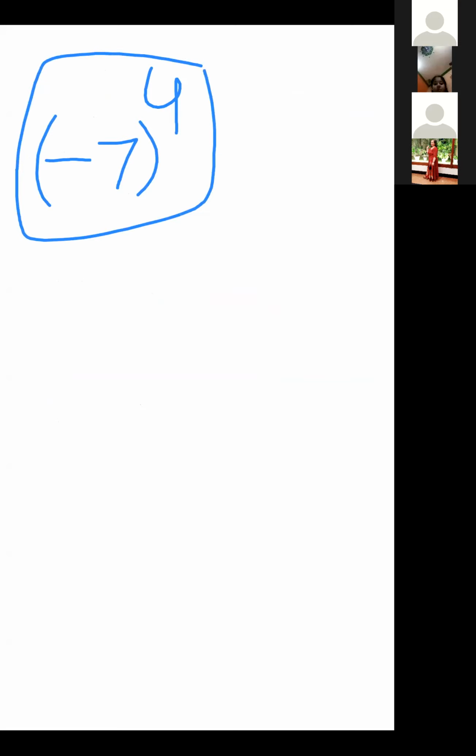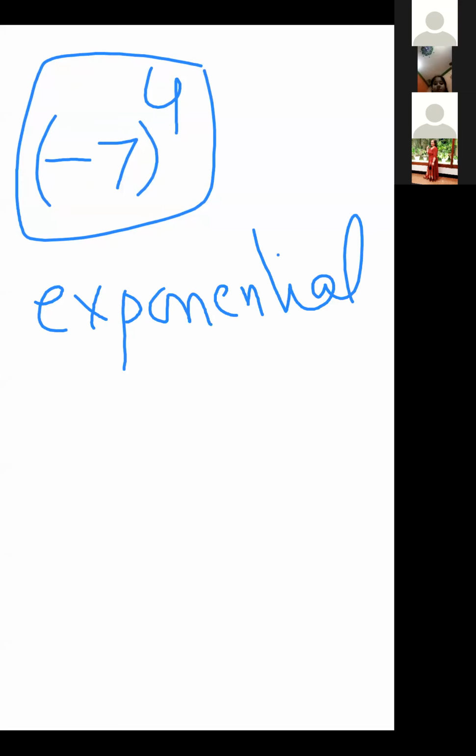Next is, if I write -7 raised to power 4, tell me, open the number and what is the answer of this number. I have written it in the exponential form. Which form is this? This form is exponential form. What do we call this form? Exponential form. Write this down, beta. These are examples. You have to remember this. This form is exponential form.